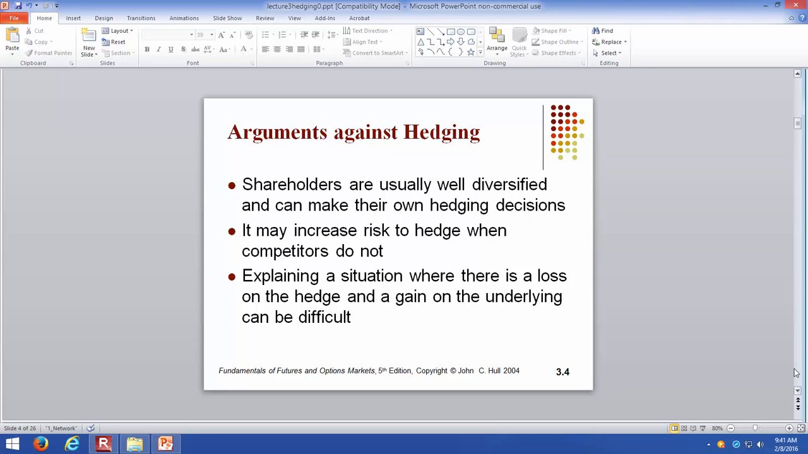So if Southwest had used futures contracts based upon last year's prices, chances are they might be paying more for the oil when compared to the competitors who might not be hedged that much. So that is one of the things you find here. If you are the only company that hedges in a business, or if you are one of the fewer companies that hedge in a business, chances are it can actually increase your overall risk. And explaining a situation when there is a loss on the hedge and a gain on the underlying can be